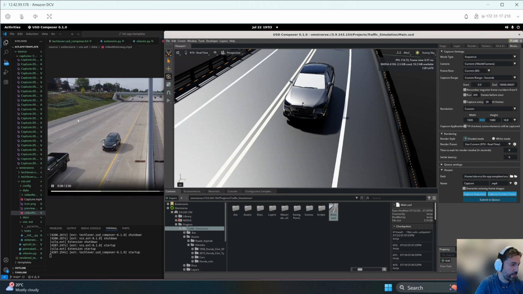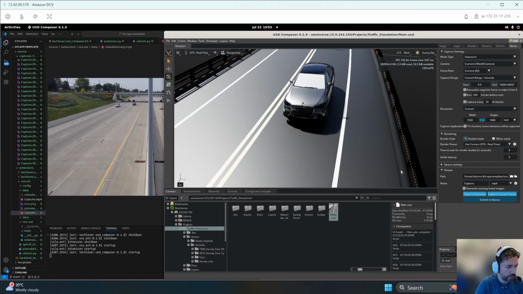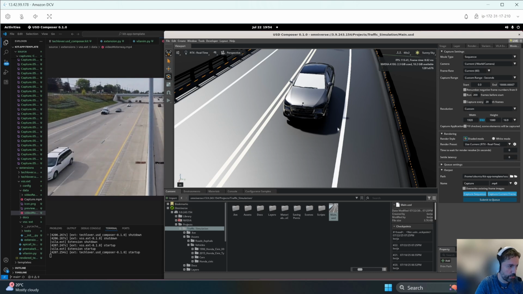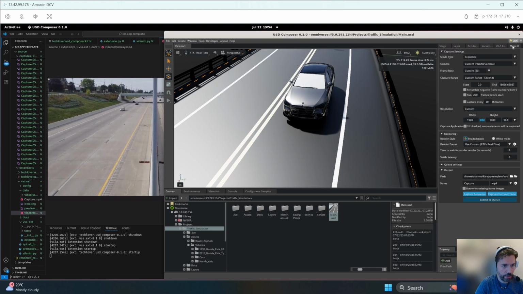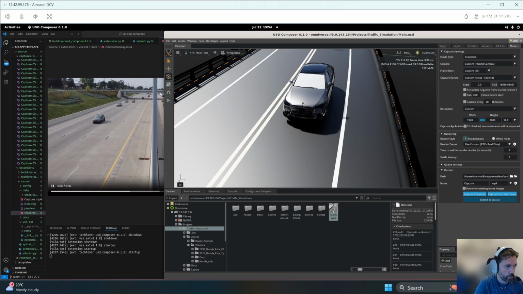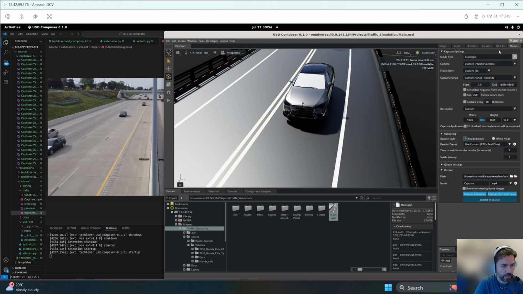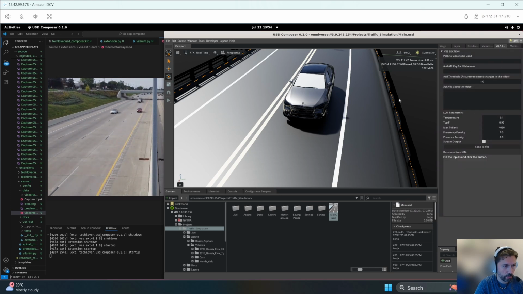So it is highly related with something that we are working on now, which is a traffic simulation. Unfortunately, it's not finished, but in the case that we could simulate the motorway in Omniverse, we could use the recording extension, this one here, to record the simulation, and then automatically we could send it to Vila and ask a few questions. So this is the Vila extension that I have created,